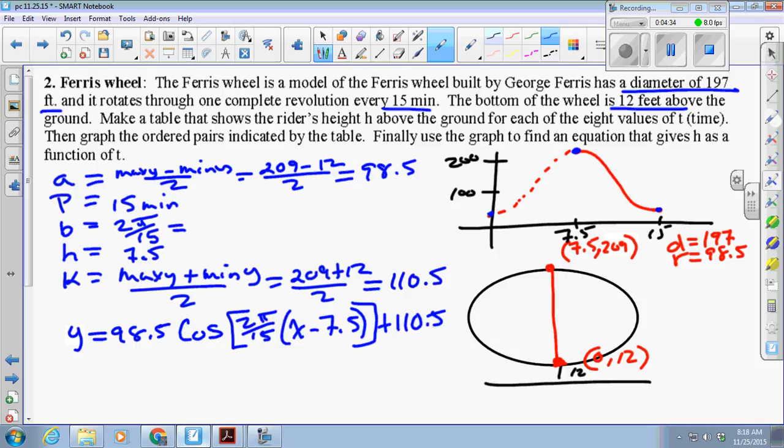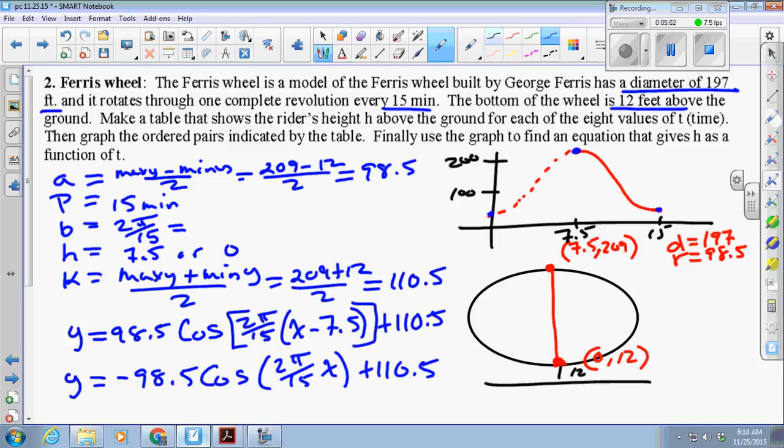If I were to do a cosine from 0, we could also use 0 before time started, but that's going to be y equals negative 98.5 cosine 2 pi over 15 x minus 0 plus